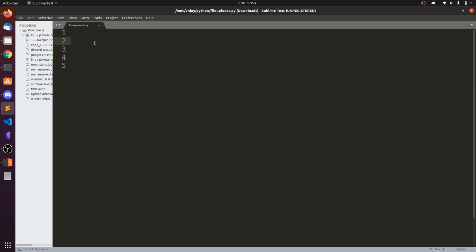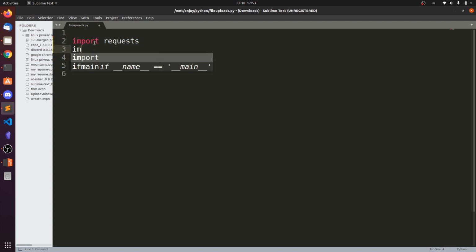So let's go and create a Python file. Let's import requests and also import os. Now what we are going to do is create a new file, right? So touch temp mountains.jpg.